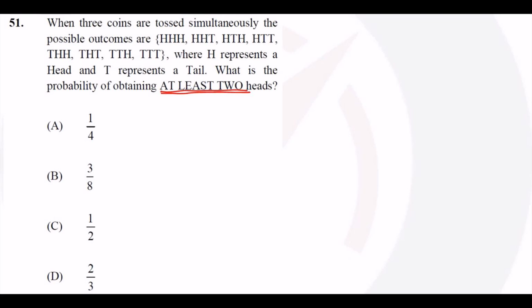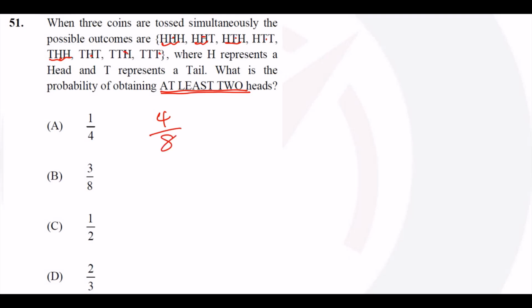What does the word "at least" mean? At least 2 means you can have more than 2, but the minimum must be 2. So how many of these have at least 2 heads or more? We have 1, 2, 3, 4. So 4 have at least 2 heads out of the total of 1, 2, 3, 4, 5, 6, 7, 8